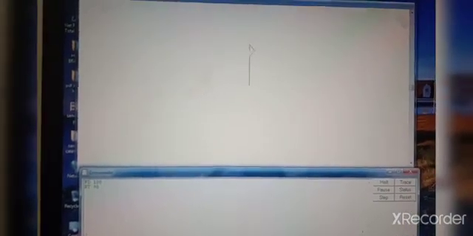RT is right turn. RT 90. Now, take a turn right. See here. Okay children, now FD space 100. Again, type FD space 100 and press enter key. Or you can press this execute button.